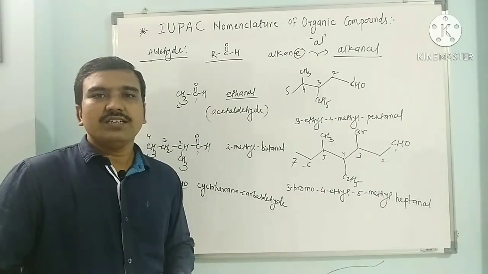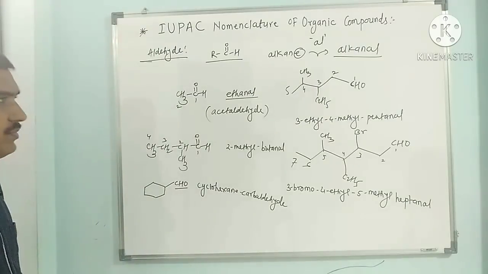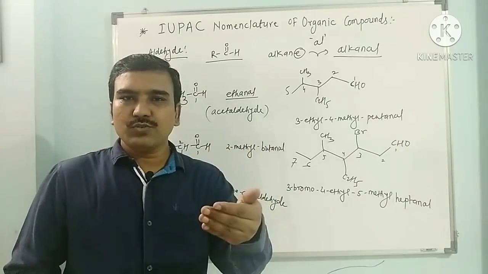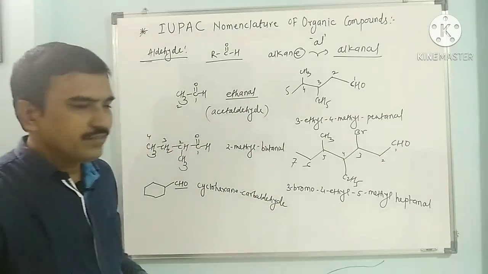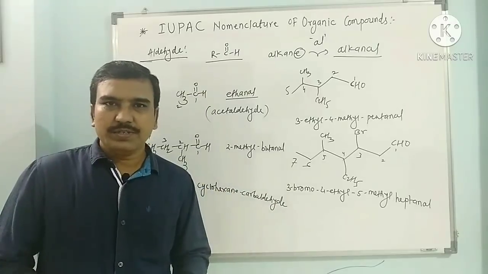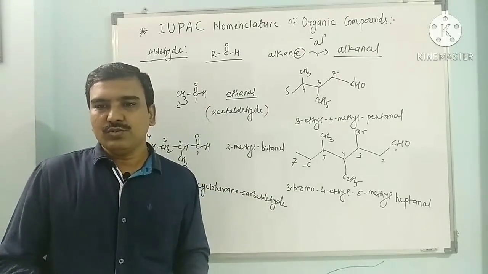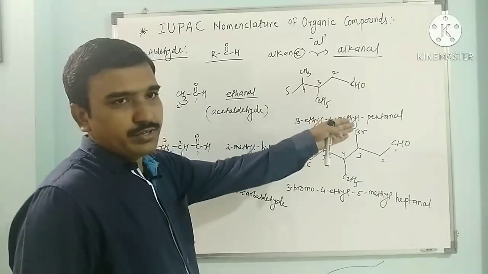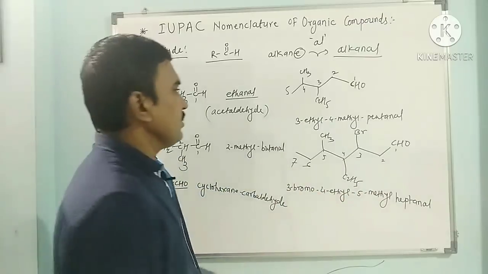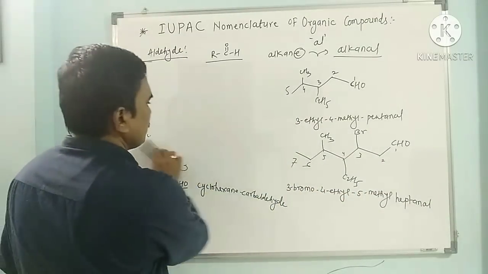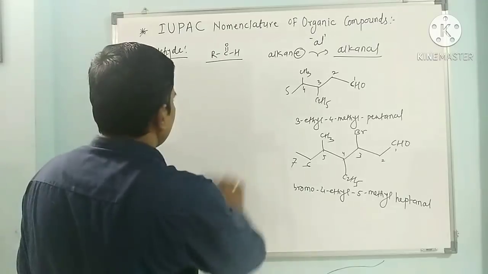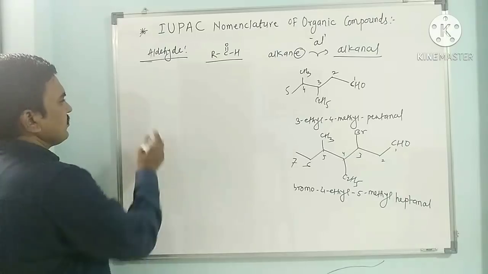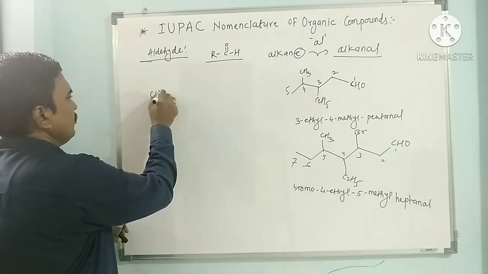Next we have to see ketones. Before that, we have to see here, if two CHO groups are present in the same compound, it is dial. If 3 CHO groups are present in the same compound, it is trial. So in the same compound, two formyl groups, that is CHO groups, can be there, or 3 CHO groups can be there. So I have to see here the examples where 2 CHO groups are present. Now see the next example, CHO.